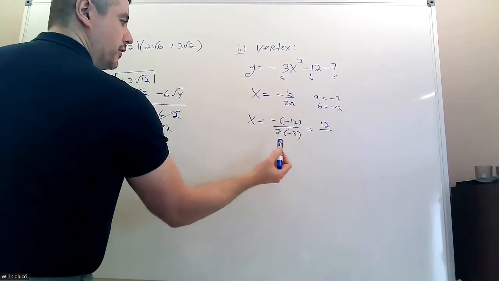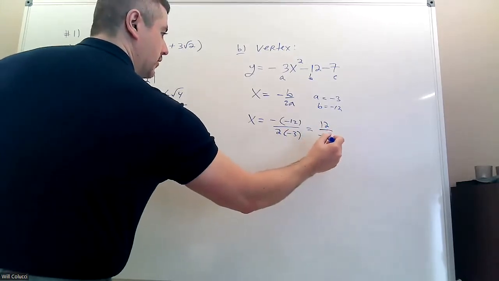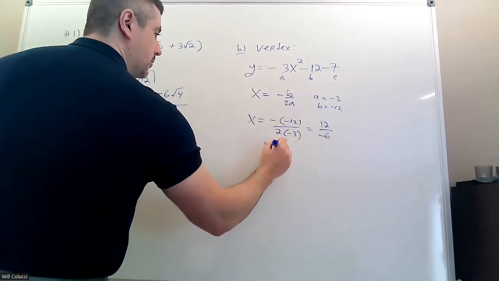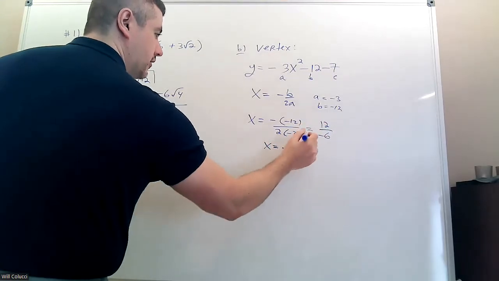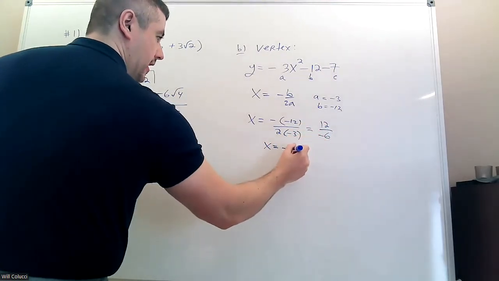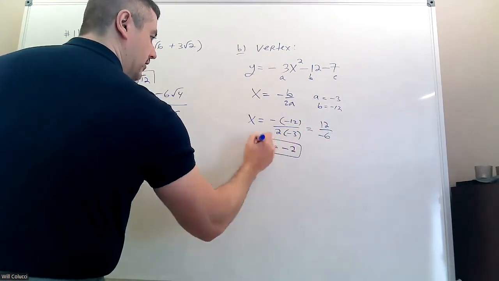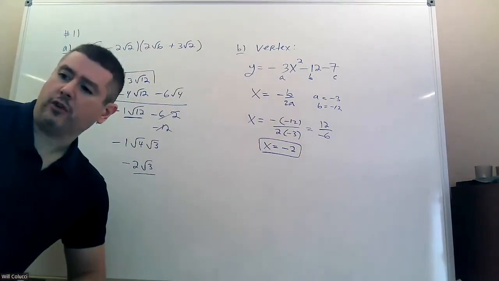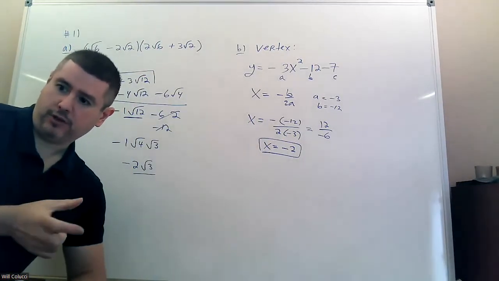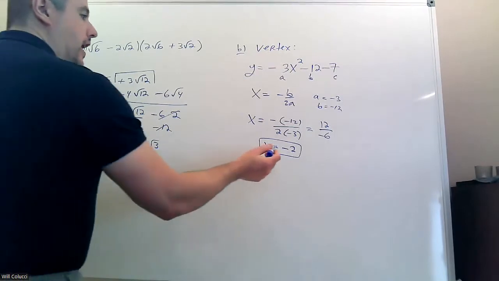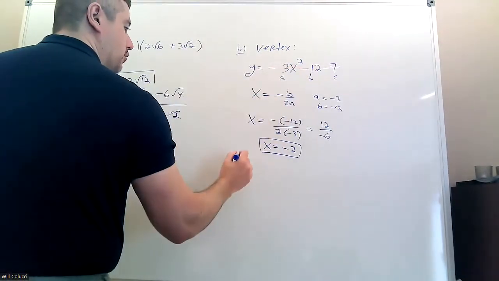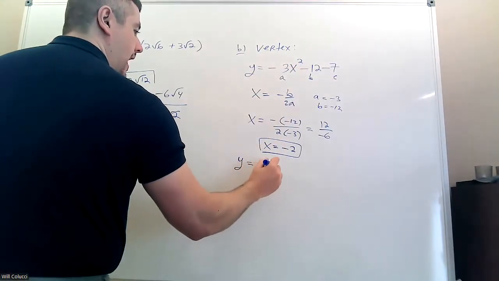I'm aware my 2's are different. 2 times negative 3 is negative 6 on the bottom. That tells me that the x coordinate, 12 divided by 6 is 2, and then the negative makes it negative. So you get x is negative 2. This is only half the answer because, you know, the vertex is a point. So you have to take negative 2 and plug it back into the original function and figure out what the